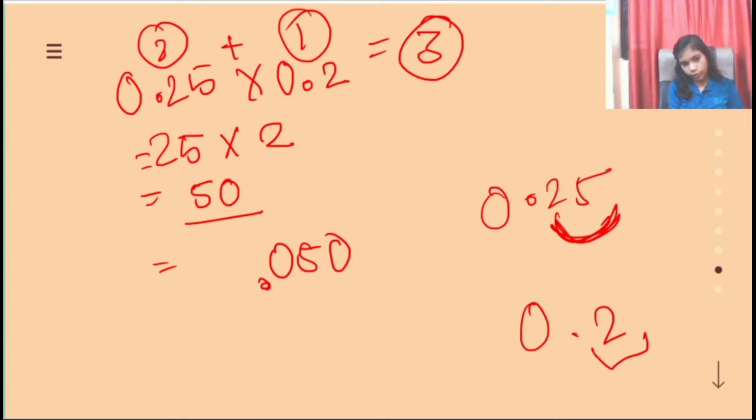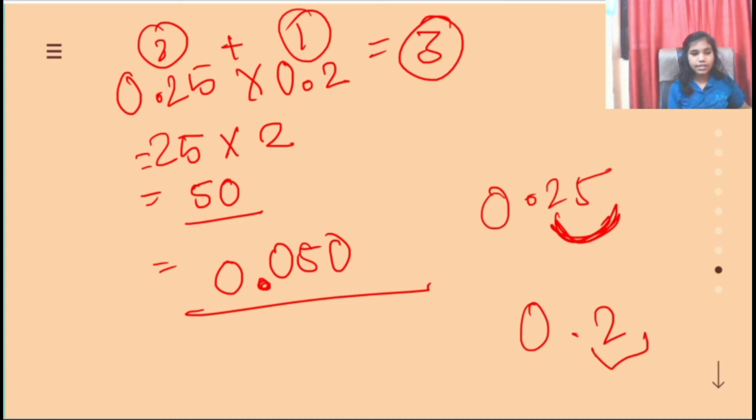Now we'll put a decimal point here and we'll write 0 in front of them because we don't have any number, right? So this is easy. Okay, it will be really easy. So let's study what we have learned here, right? Ignore the decimal points and multiply as usual. Count how many total digits are on the right side of the decimal points in the numbers we are multiplying.